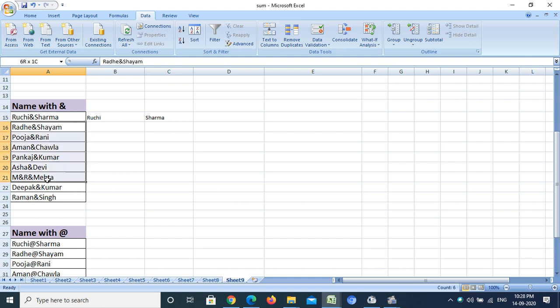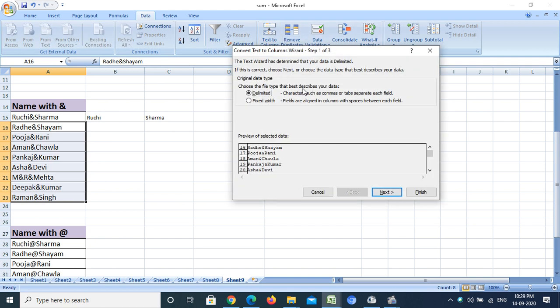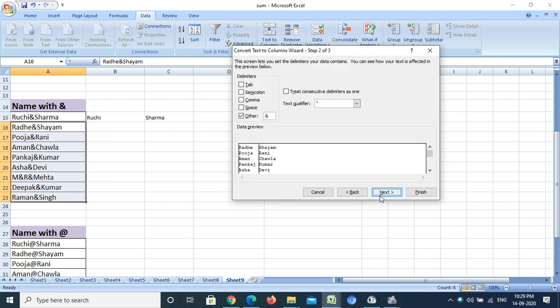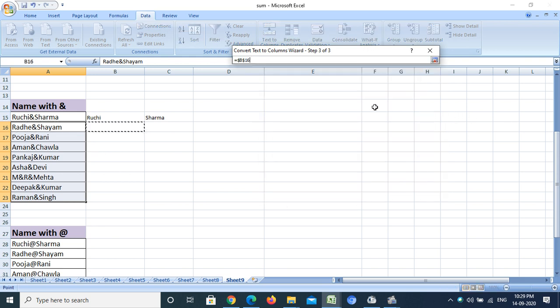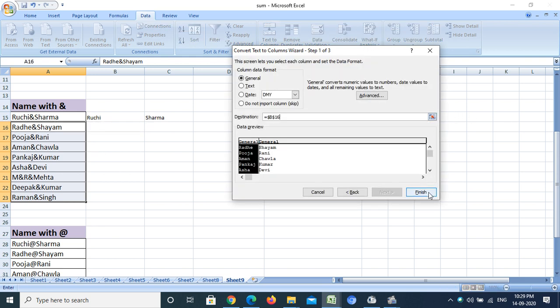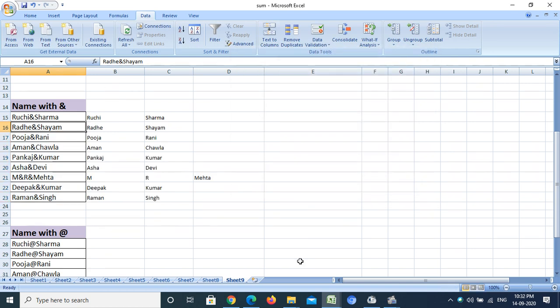If I want to convert the whole column, I have to click on this option, Text to Columns, click on Next, Next, choose the location, and after that I have to finish it. Now see, whenever the n% is there, it created that text into different columns. That means in my example, the separator was n%.